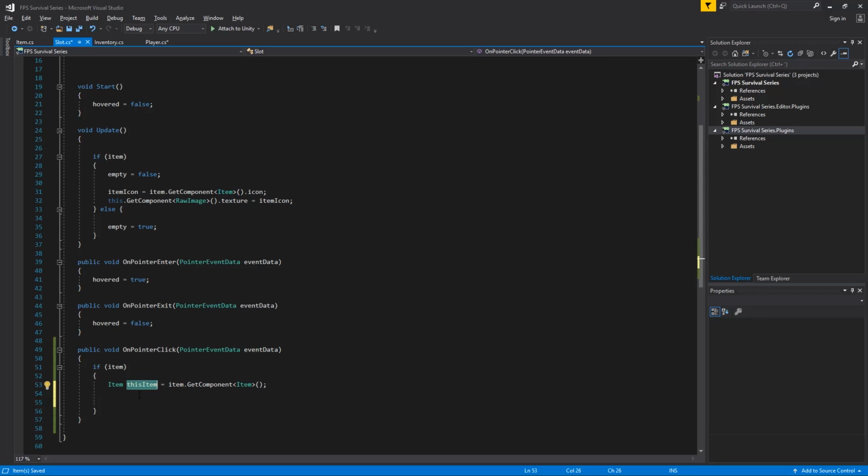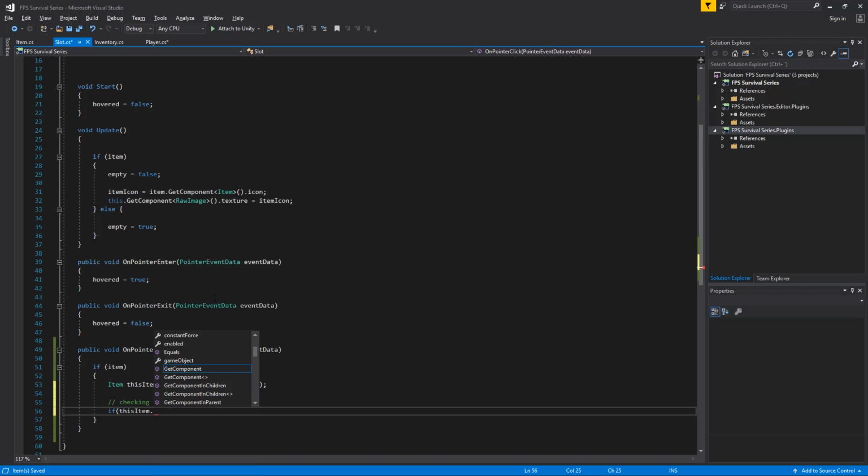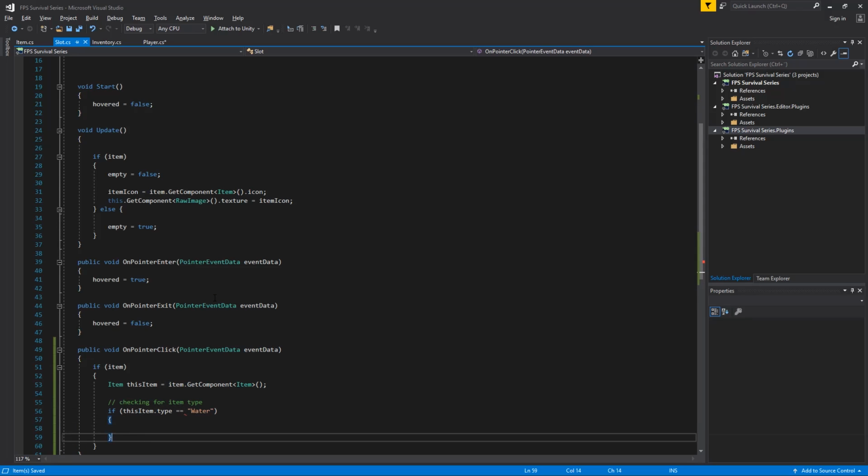So you just do it from the beginning, and then you use this in order to refer to the script itself instead. So now I can say this item dot, yeah, we can actually have an if statement. So we're gonna say checking for item type. If this item dot type is equal to water, then